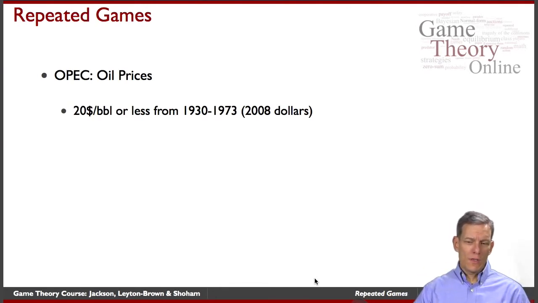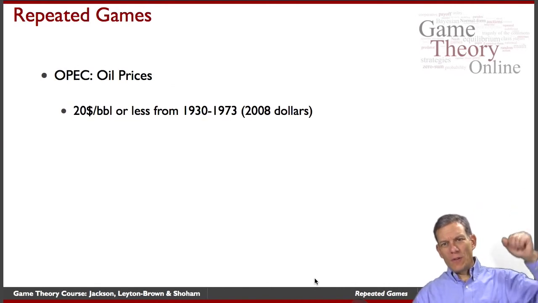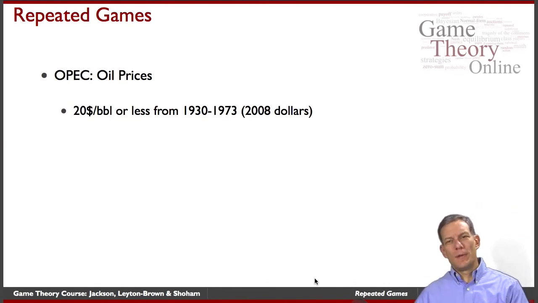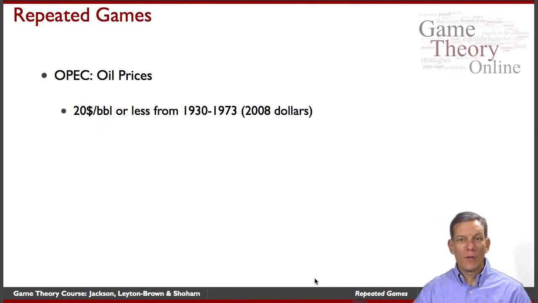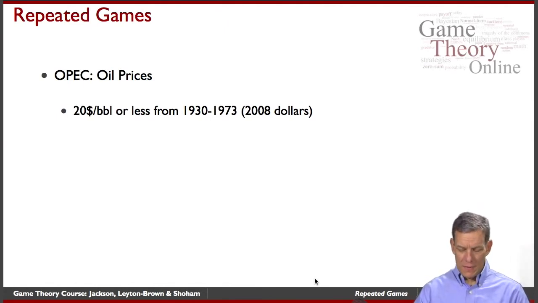What's the difficulty? If all the other ones are producing very little and driving the price up, I'd like to cheat on the agreement and pump more oil. So you can think of this as looking somewhat like a giant prisoner's dilemma game, where we'd all like to pump less oil if we're OPEC or oil-producing countries and drive the price up, but we all have an incentive to cheat a little bit and pump more oil. And the repetition can help us police that if we're OPEC.